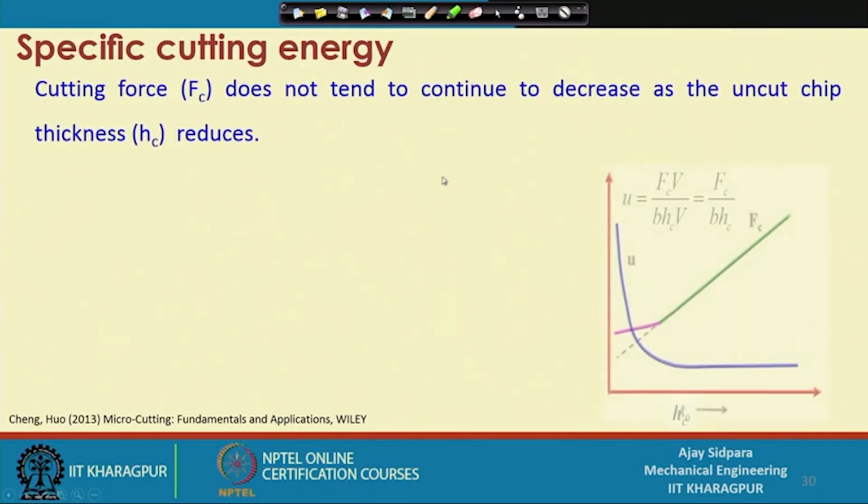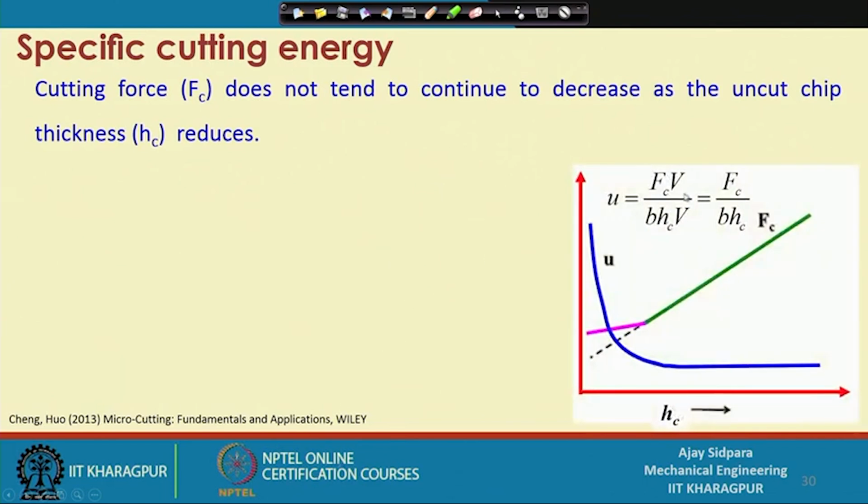Now, what is the problem here? So, this is what is happening. This is the same equation here and we have given the same thing here. The cutting force Fc does not tend to continue to decrease as the uncut chip thickness Hc reduces. Now, what is the problem here? Now, if you see up to this point, correct. Now, both of these are moving, Fc. So, if you reduce your